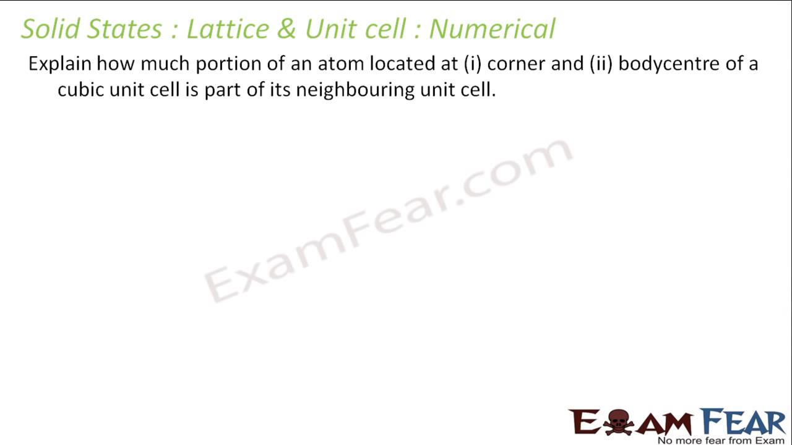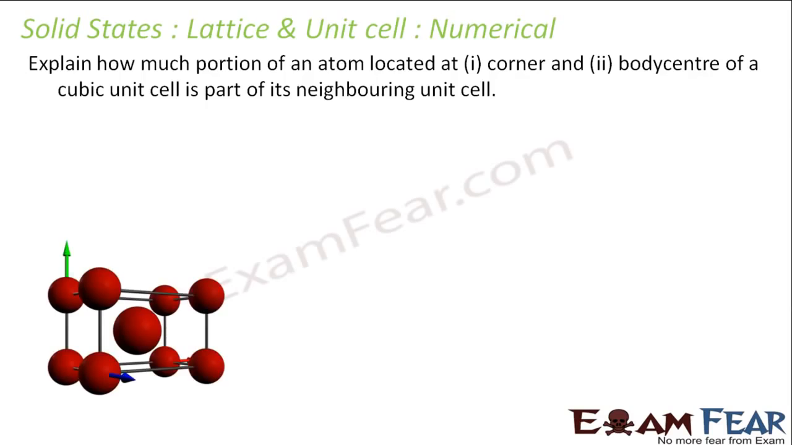The question is, how much portion of an atom located at the corner and the body center of a cubic unit cell is part of its neighboring cell? So this is my body centered one. The question is, this is shared by how many? We have discussed that the corner is shared by 8, and the one in the center is shared by how many? None. Only by a single cell. So for this, the contribution is 1 by 8. The one in the corners, right? The actual contribution is only 1 by 8. And for the body, the one in